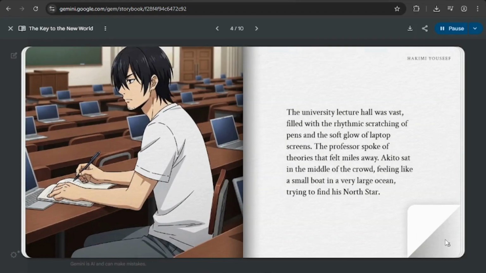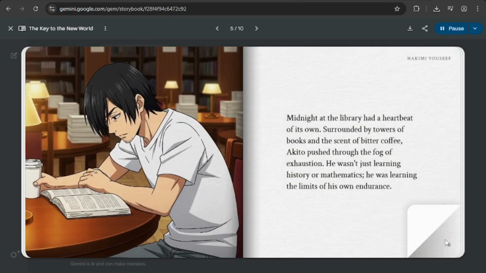The university lecture hall was vast, filled with the rhythmic scratching of pens and the soft glow of laptop screens. Midnight at the library had a heartbeat of its own. Surrounded by towers of books and the scent of bitter coffee, Akito put